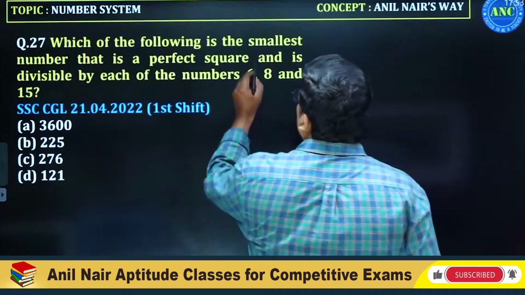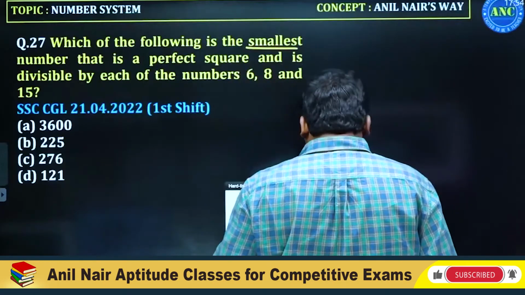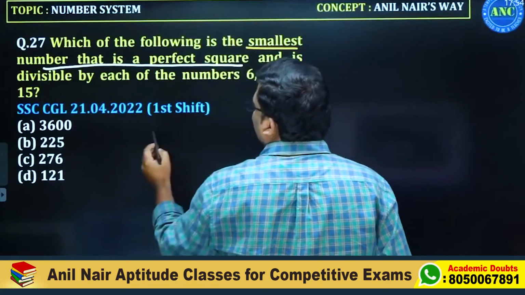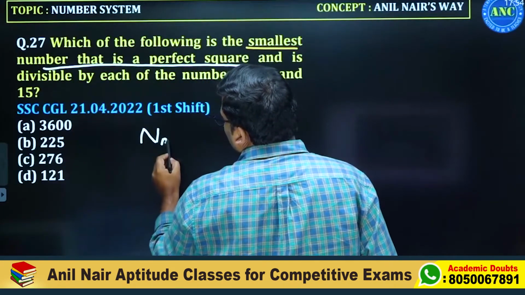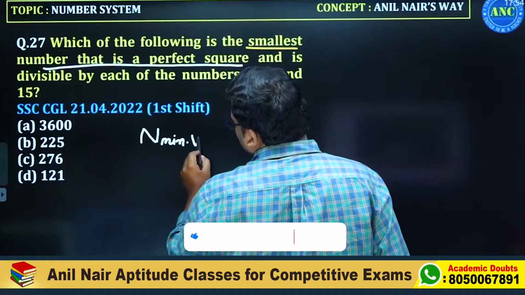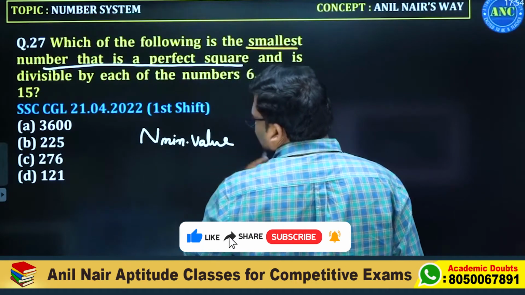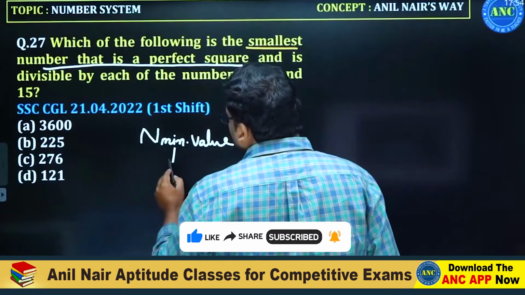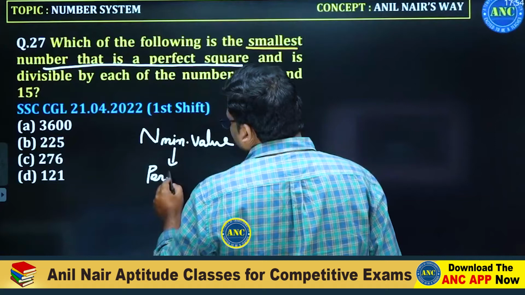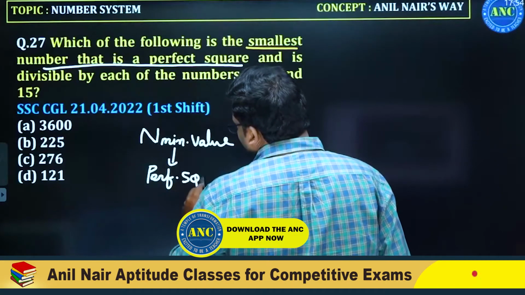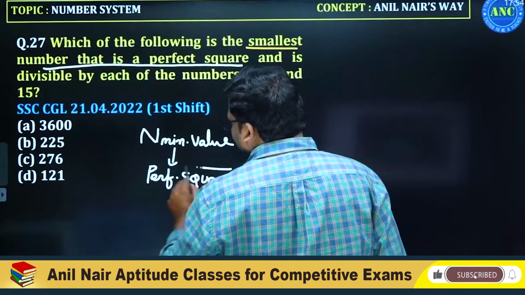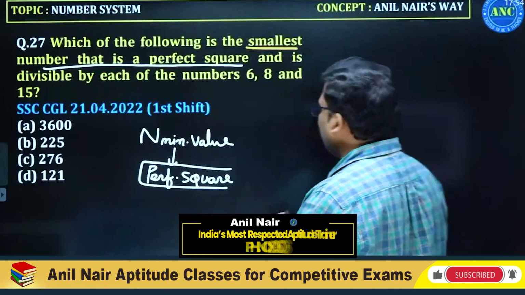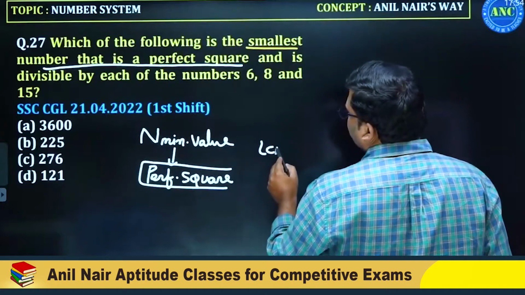Which of the following is the smallest number that is a perfect square? The answer should be the smallest number, which means it should take a minimum value. N should be a minimum value, it should be a perfect square, and it is divisible by